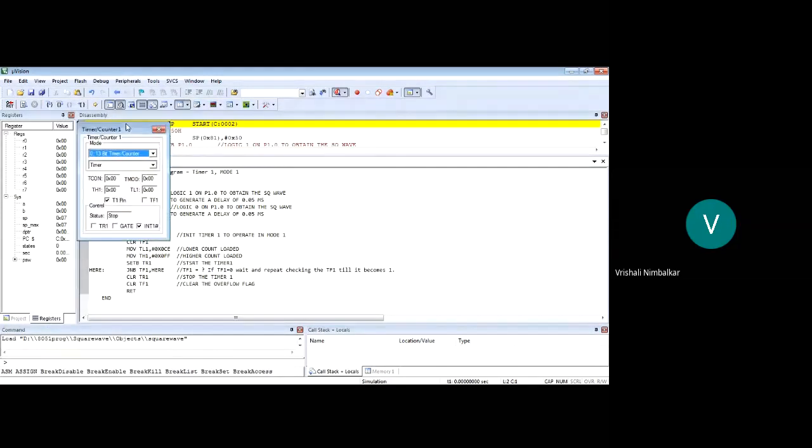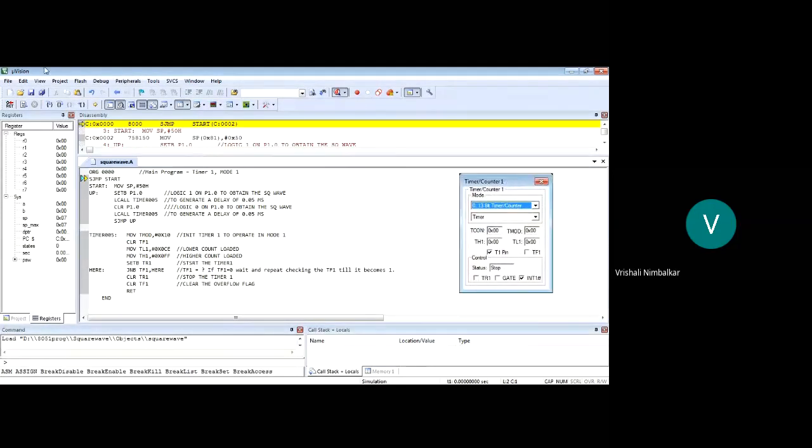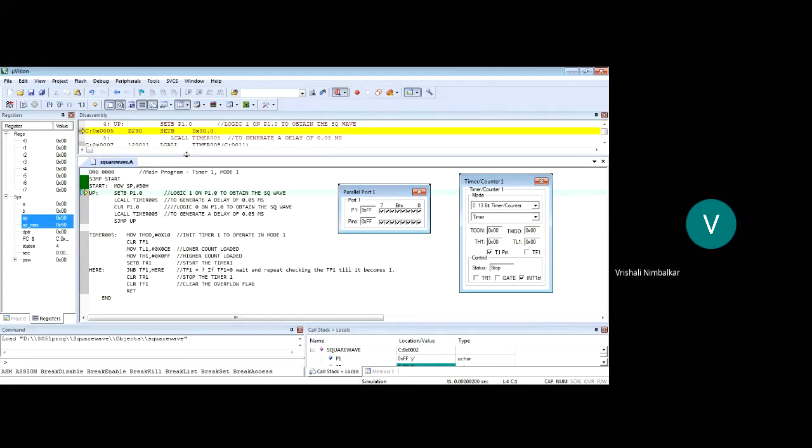So that's the pop-up window for timer 1. And I need port also. Port 1. On port P1.0, we are going to get a square wave. Okay, so let us start executing step by step. So initially jump, initialize the stack pointer 50 hex. Then we set that bit P1.0. See, there is already a tick, meaning it is logic 1, it is set. Then we will go to the timer program. We will go to that function.